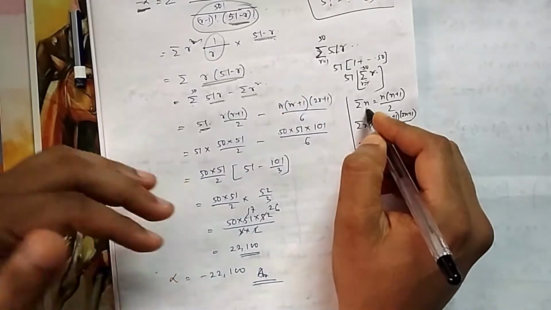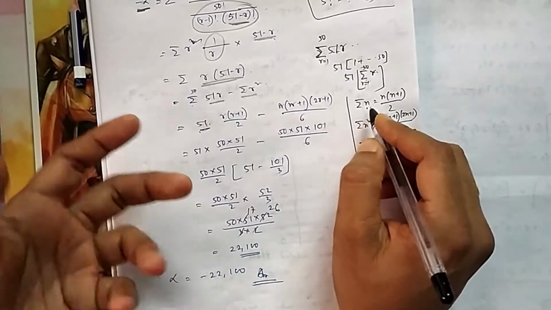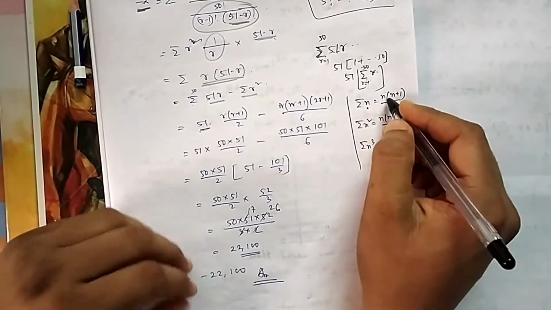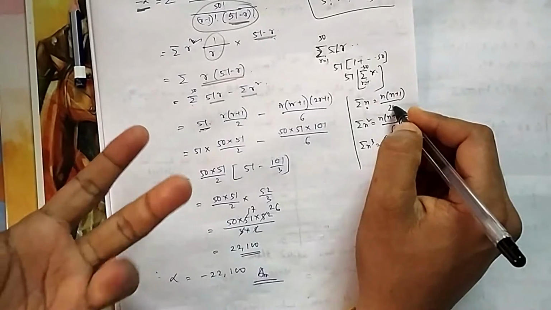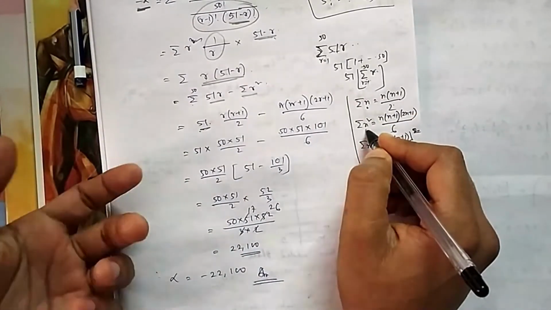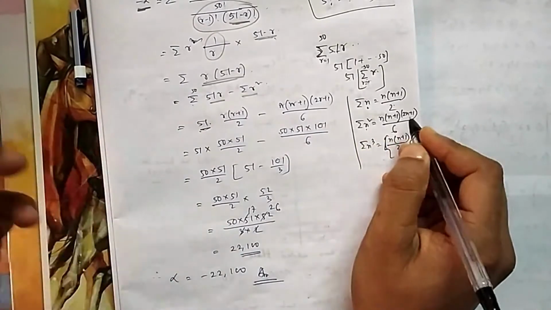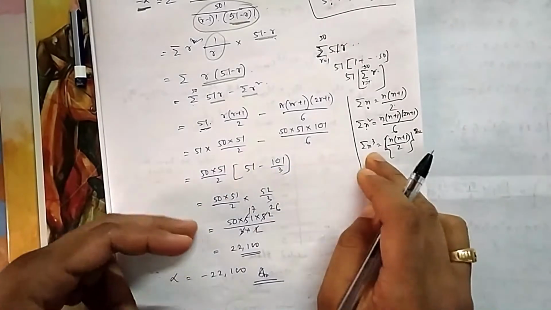Summation of n means 1 plus 2 plus 3 up to, suppose, 10. 1 plus 2 plus 3 plus 4 plus dot dot dot up to 10, what will be the answer? 10 into 11 by 2, that is 55. Directly you can give the answer. Similarly, 1 square plus 2 square plus 3 square and so on, suppose you are adding up to 10 square, if you put n equal to 10, you will get the final answer. No need to add 1 by 1 here also.